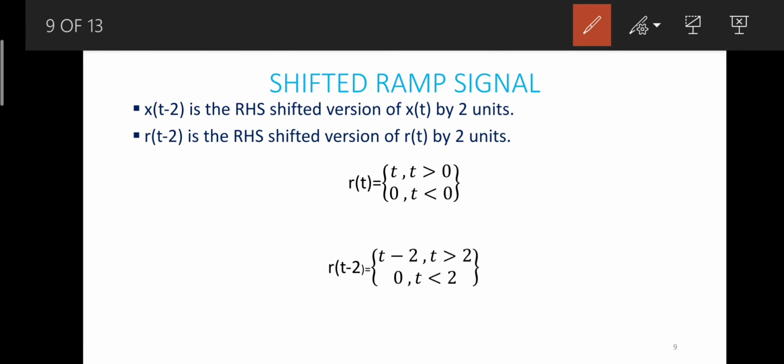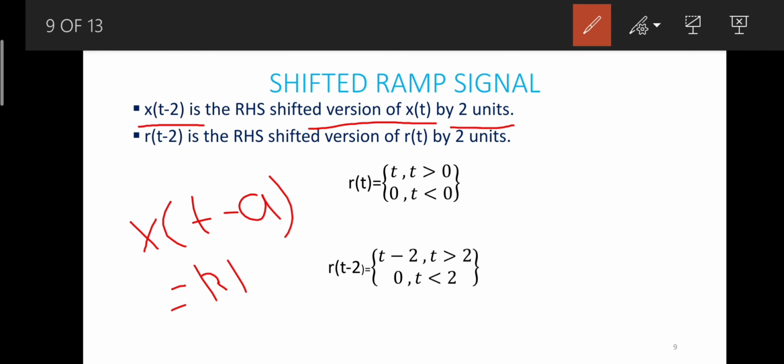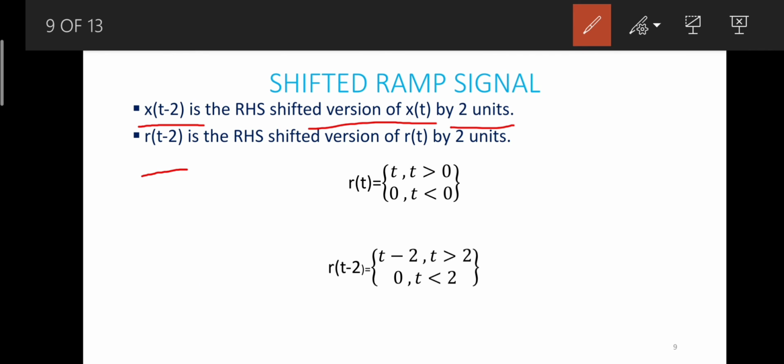We have studied that x of t minus 2 is the right hand side shifted version of x of t by 2 units, as x of t minus a is the right hand side shifted version of x of t by a unit. So here r of t minus 2 is the right hand side shifted version of r of t by 2